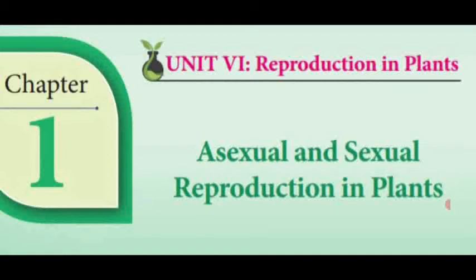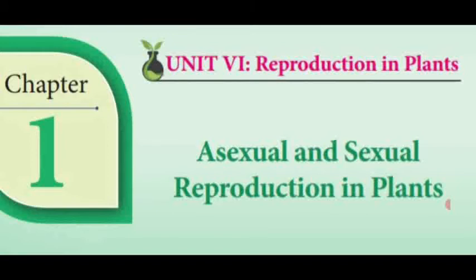Not only that, we have seen the characteristic features of ornithophily flowers, that is pollination by birds. Then pollination by bat, that is Chiropterophily, for example Adansonia digitata. Next one, Malacophily, that is pollination by slugs and snails. Then Entomophily, pollination by insects, and also the characteristic features of entomophilous flowers.